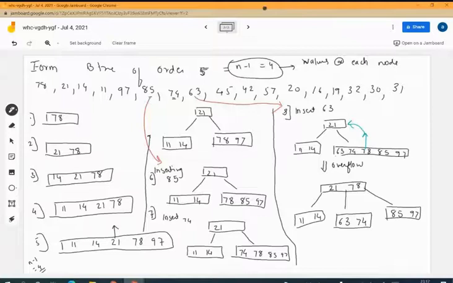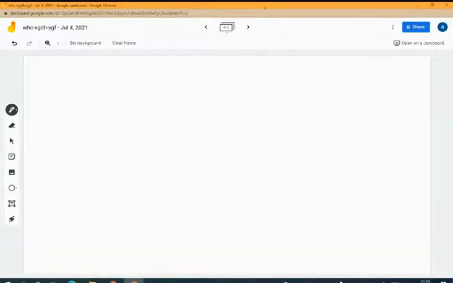Now the next element to be inserted is 45. So where will 45 go? Naturally, it is more than 21, so it will be somewhere here. If you see, there is a link of 78 which will be less than 78. So somewhere here my 45 will come. So after inserting 45 in sequence, you will get 21, 78 at the top.